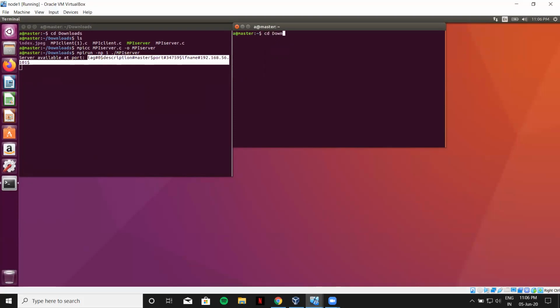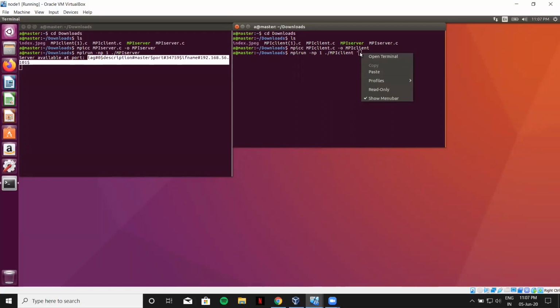Next, we'll try to run the MPI client file. We'll be pasting the tag over here.